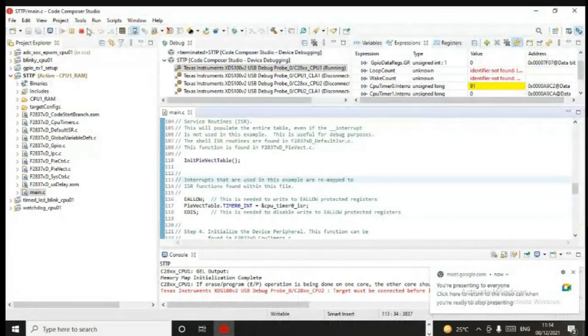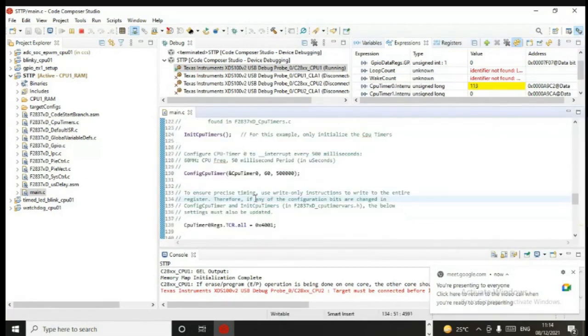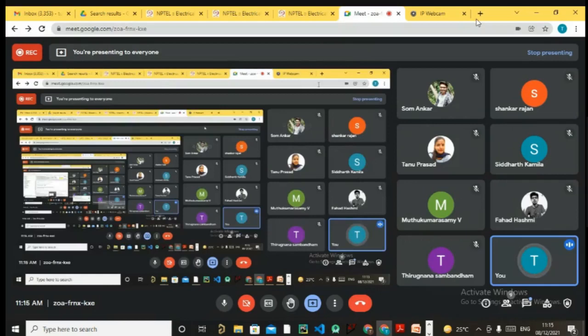So I'll just suspend it for now. In this view, you can put all the registers over here and see their live values, whether it is the interrupt service routine or any other register. Every bit has a particular use, which is why we are using it. And if you want to see what a register exactly means, you just have to go to the technical reference manual, and you can just